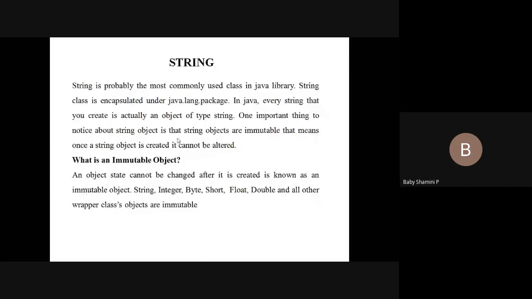We have a lot of methods. So if you want to access the method, we need to create an object, that is String s equal to. The s is an object. So if you want to perform string operations, we need to create an object. Through the object, we can perform operations. The String class is available in the java.lang package. So here, no need to import this package. The compiler automatically imports this package.